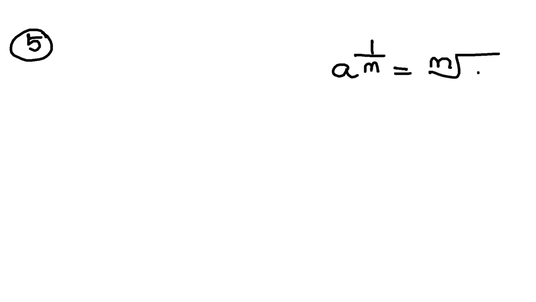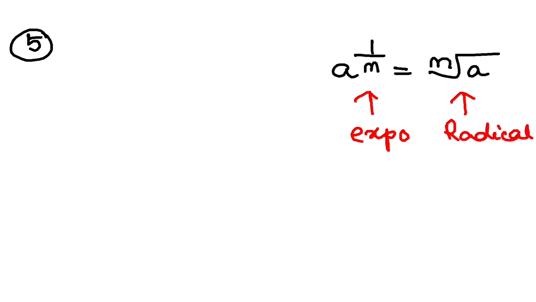Now question number 5 is important, also very interesting. Express the following in exponential form. You know, this you have learned in class 7, that a to the power 1 by n can be written as nth root of a. So this is called the exponential form and this is called the radical form, isn't it? Alright. So using this concept, the first one is what? Root over 7. Alright, so if nothing is written over there, if this space is empty over here, by default it is actually 2, isn't it?